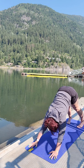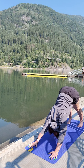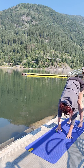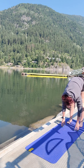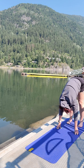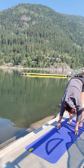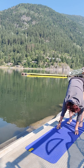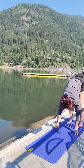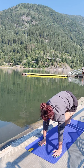Inhale to down dog, holding it here. And slowly walk your hands towards the feet into a forward fold, nice and heavy. Maybe a little sway through the shoulders might feel nice. Beautiful. Slowly walk the hands out in front, and we're going to step the left foot forward to the right